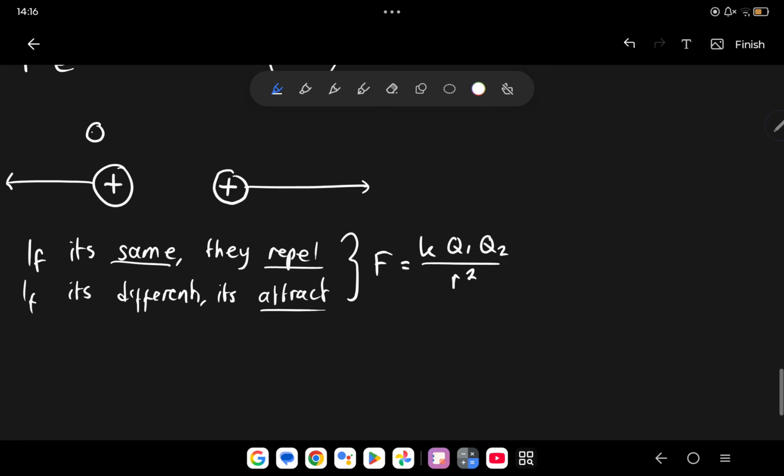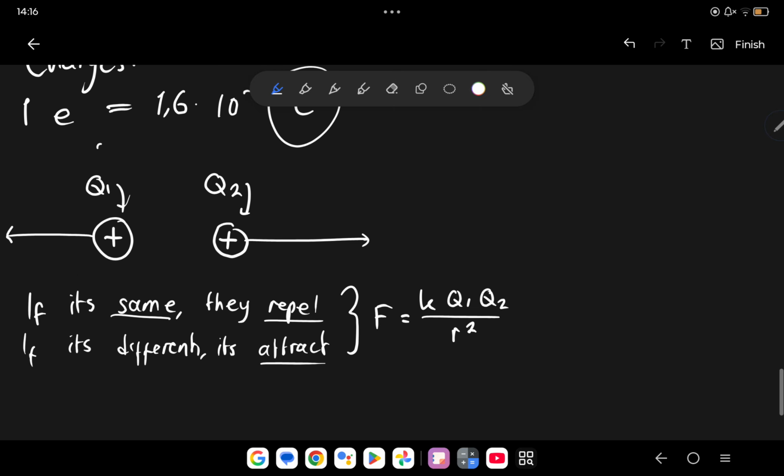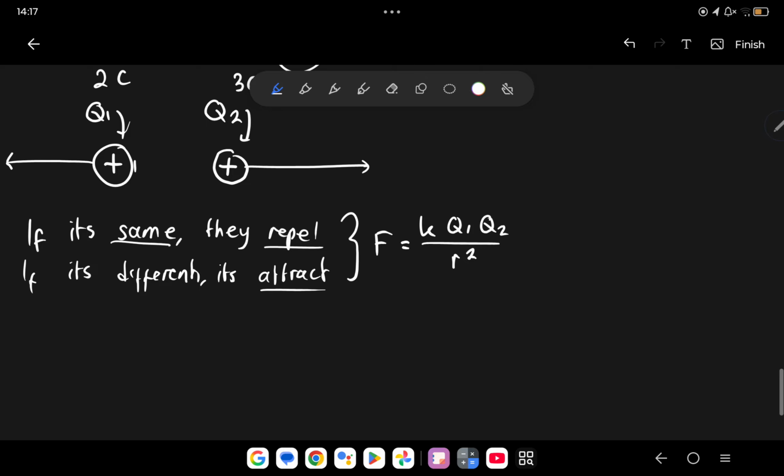Q1 is how charged the first point is, and Q2 is how charged the second point is. So it could be like 2 coulombs and 3 coulombs, 7 microcoulombs and 6 microcoulombs. It could be negative 2 coulombs and positive 200 microcoulombs or something. Yeah, that's the Q's. The R is the distance